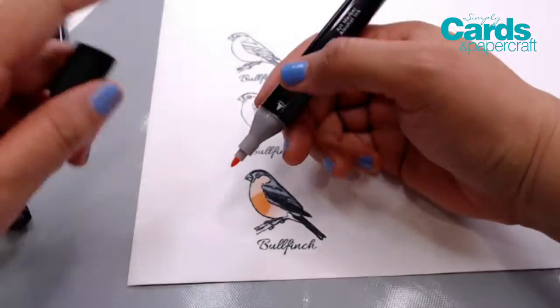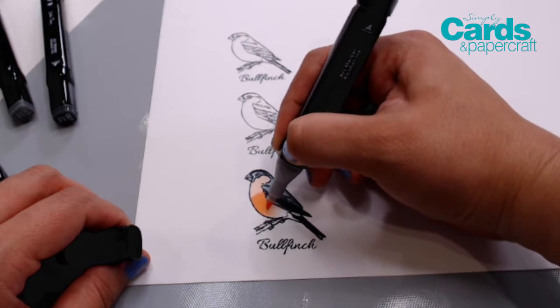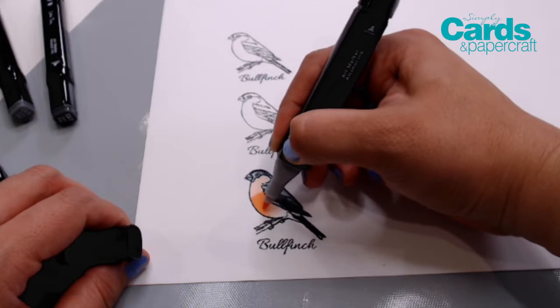I always open the wrong end. I should really read it. It says right here, broad and fine tip, but I always forget to read it. All right, so now what we're gonna do is pull down some of this 25, which is a darker shade,